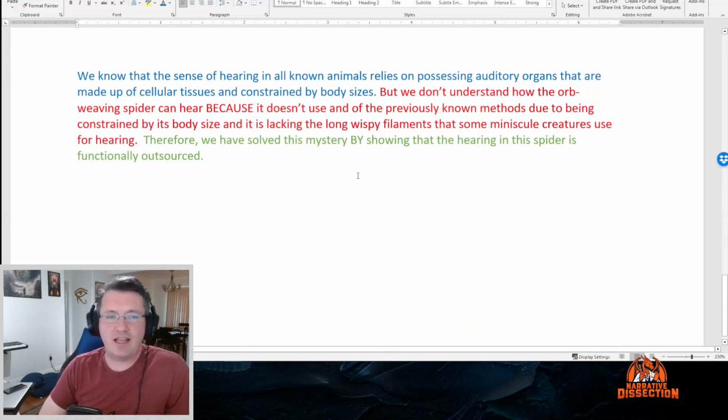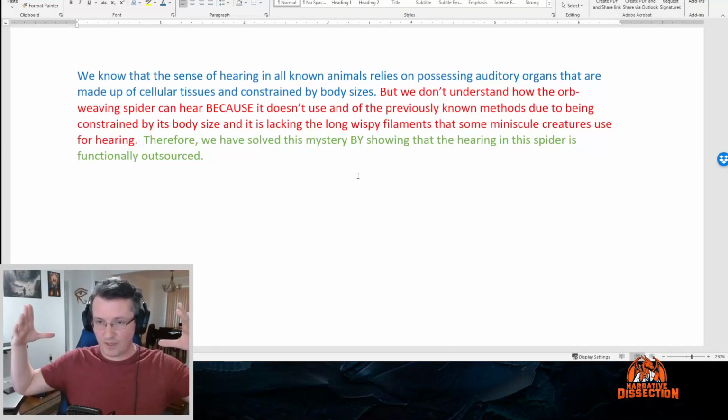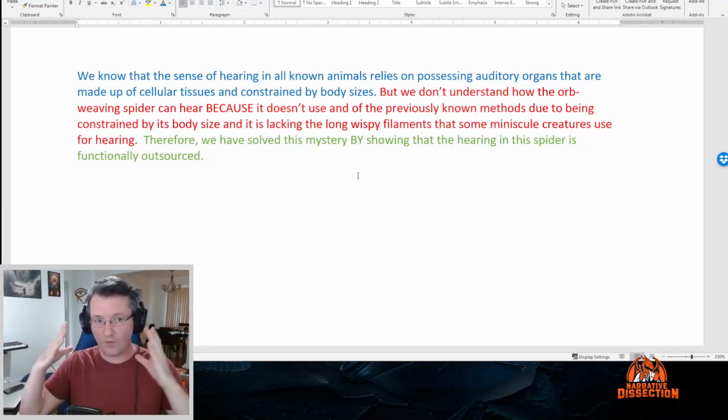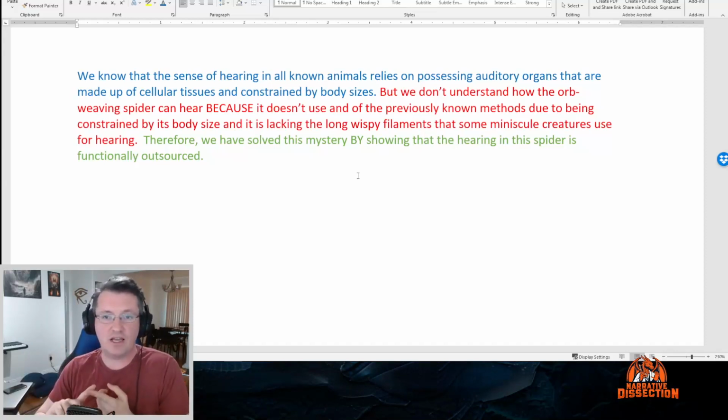So here is what I kind of derived. We know that the sense of hearing in all known animals relies on possessing auditory organs that are made up of cellular tissues and constrained by body sizes. So that was just all of the earth elements that I distilled down, all the basic setup material of what it is that we're talking about. We're talking about hearing, and we're talking about the necessary qualities of hearing, cellular tissues and constrained by body sizes. Now but